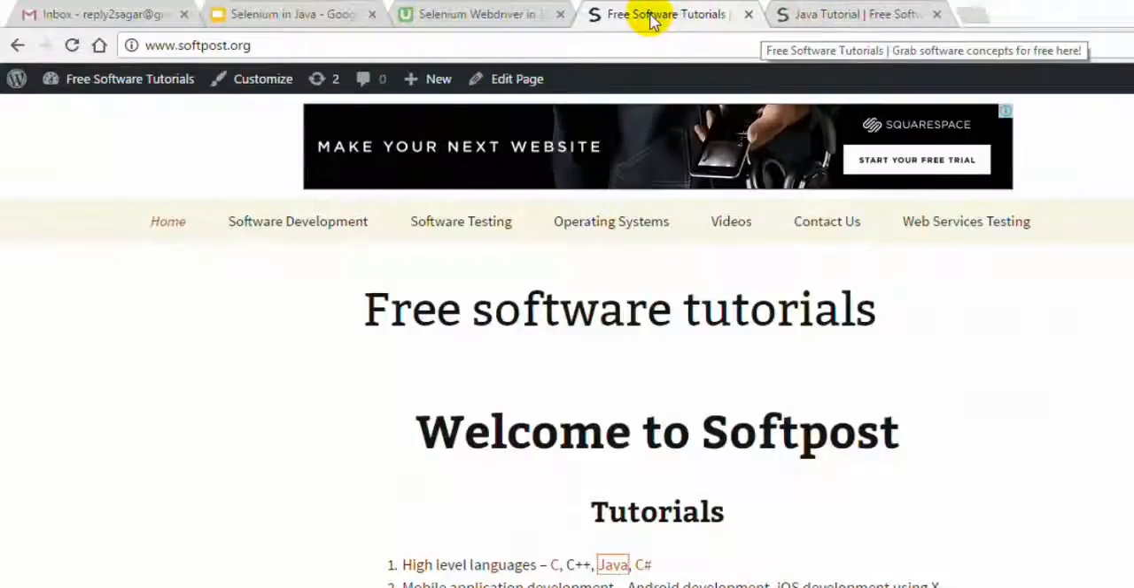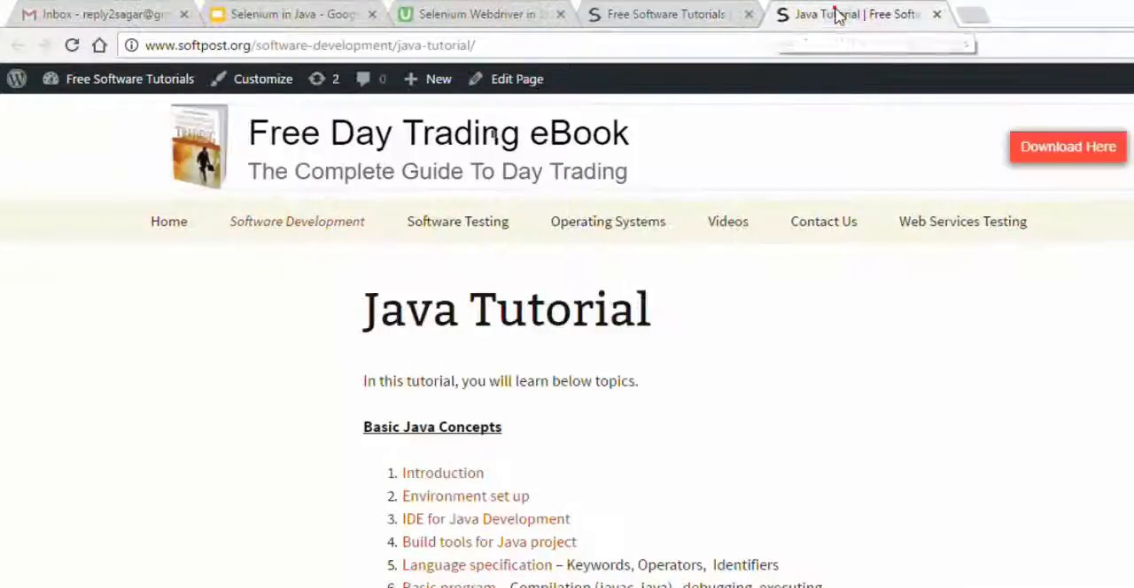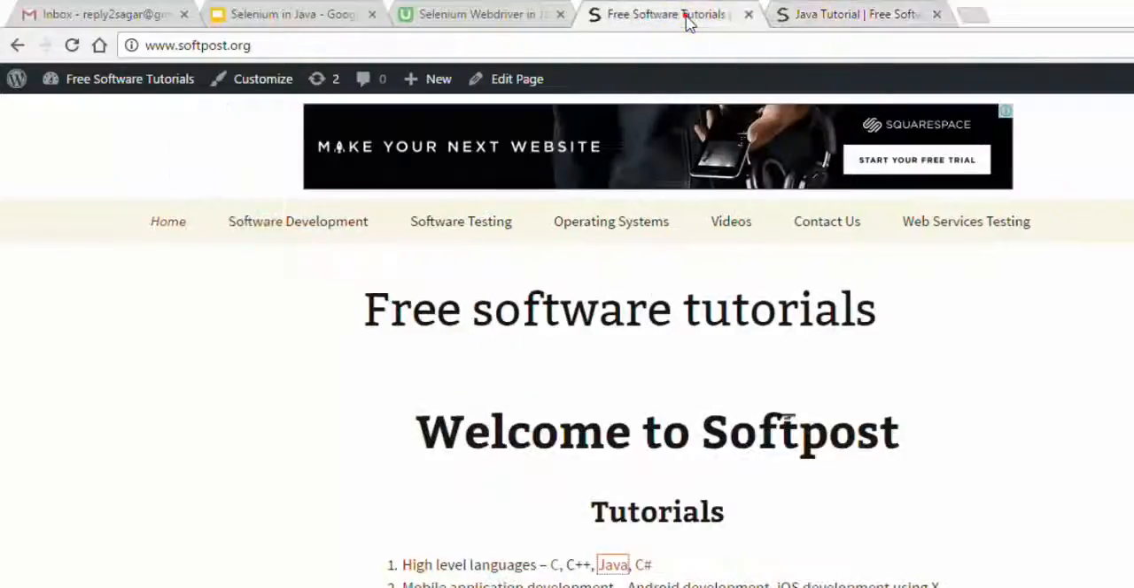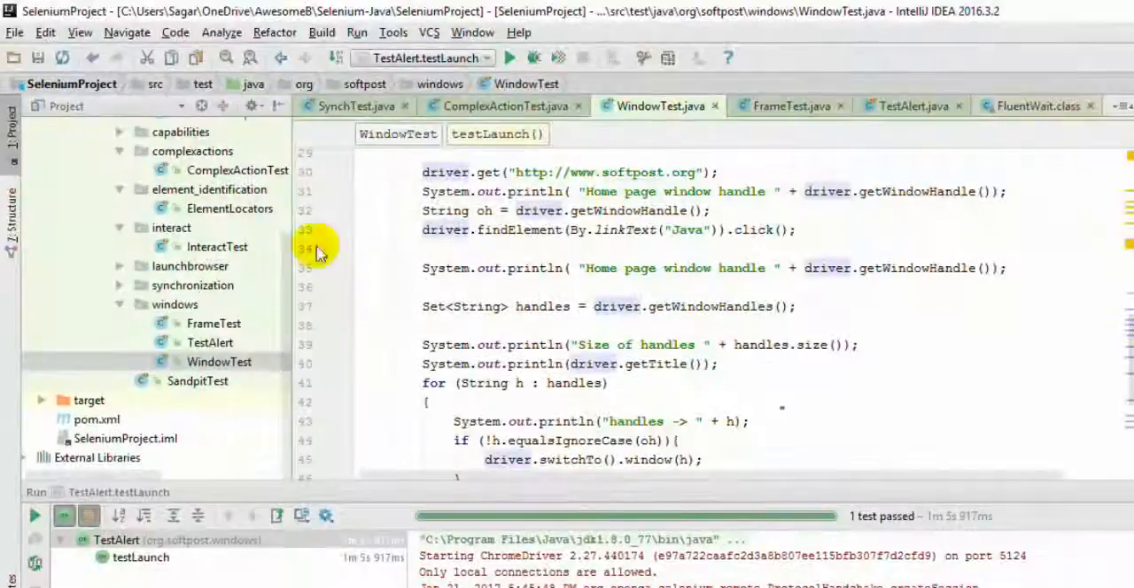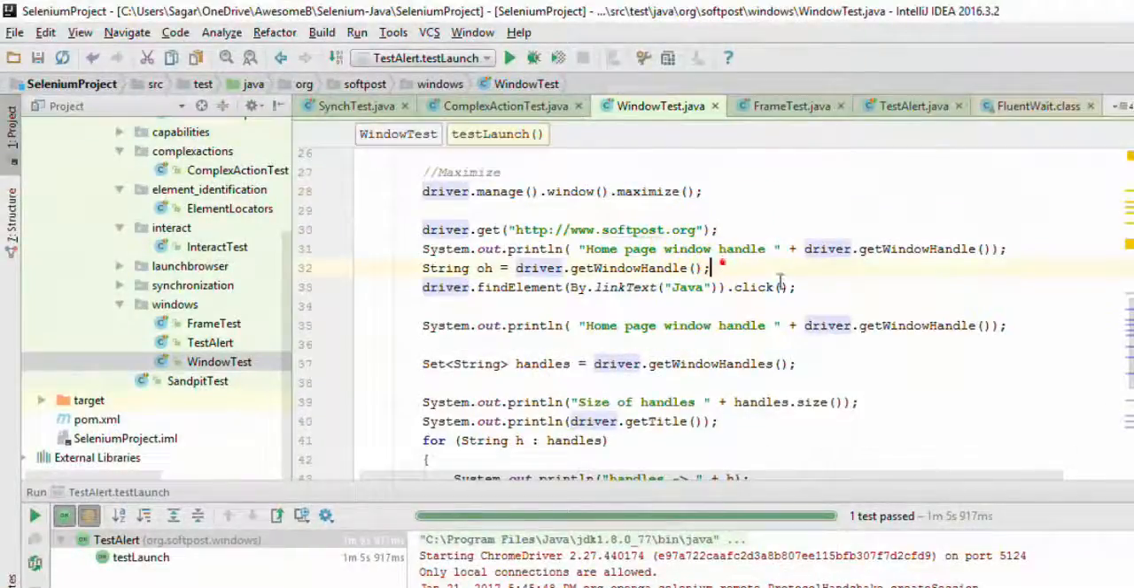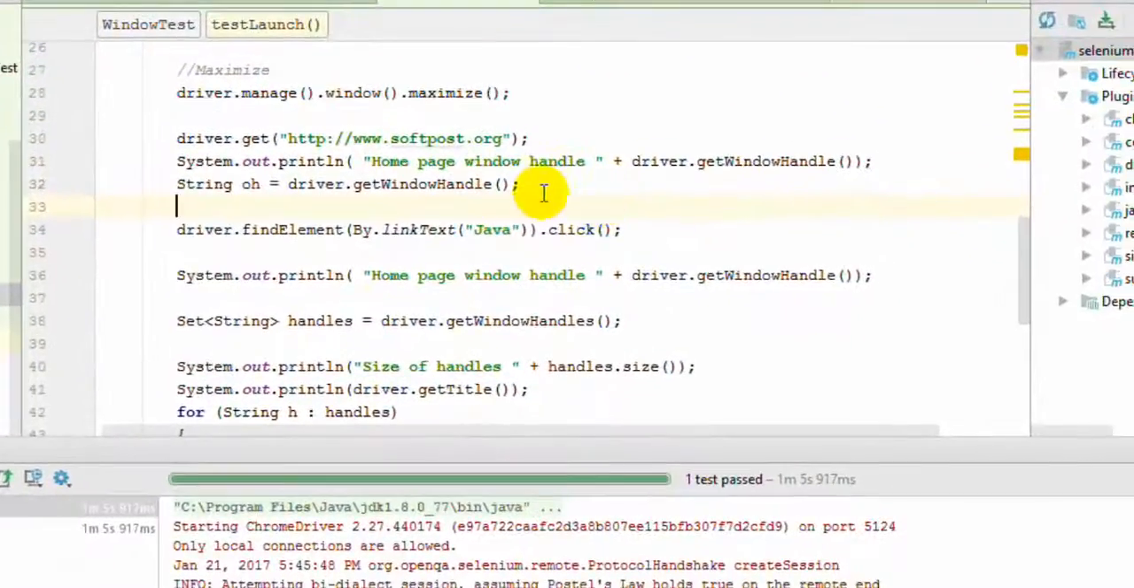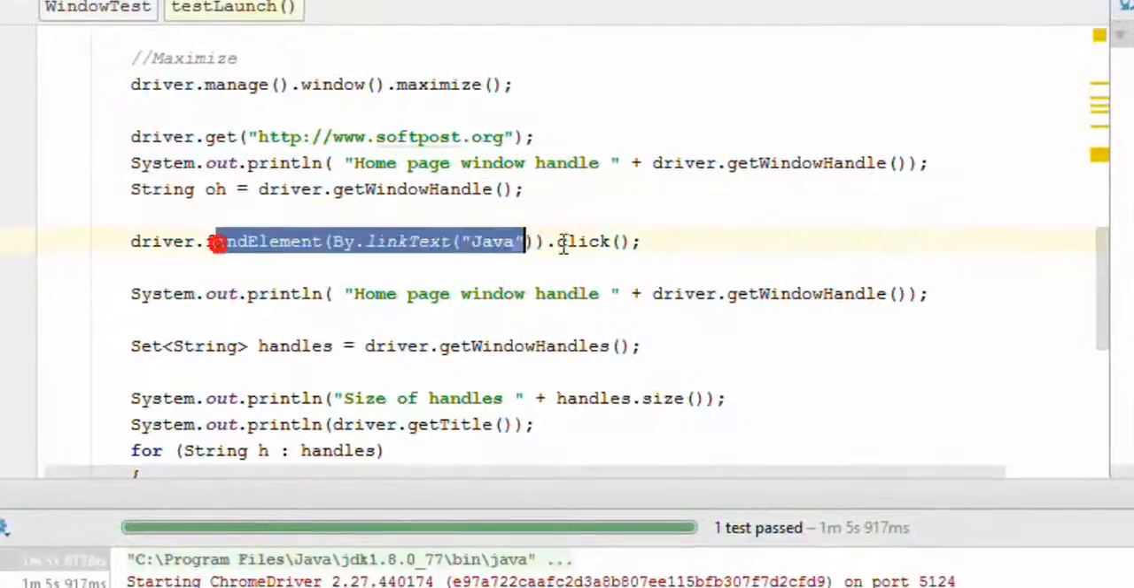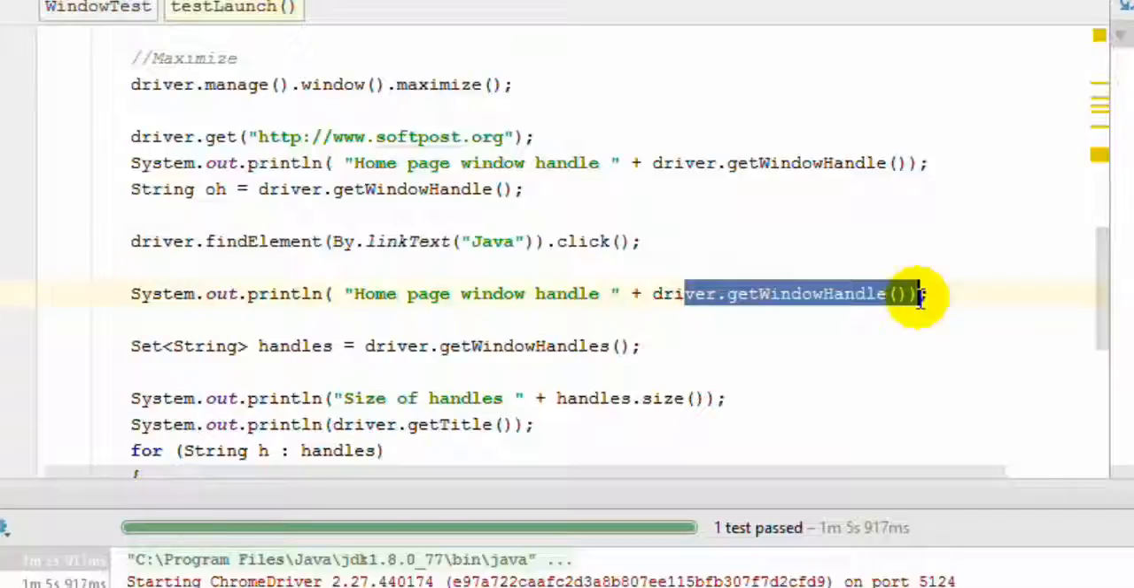The window handle of this homepage will be different from the window handle of this other window or tab, and based upon that, it finds the unique window. For that, we have a method called getWindowHandle. As you can see over here, getWindowHandle returns the handle of the current window. Then in this line I have clicked on the Java link, and then I have again printed the handle of the current window. Since we haven't switched the context to another window, it will print the old window handle over here